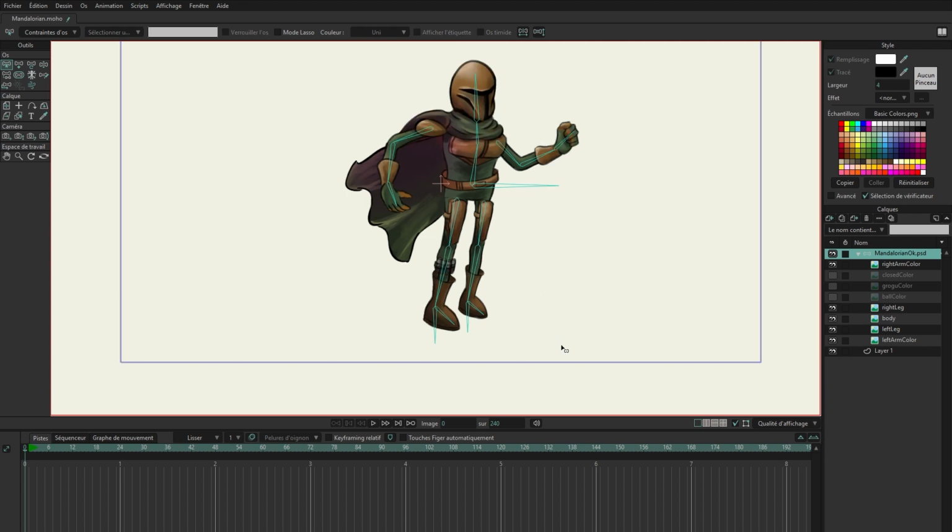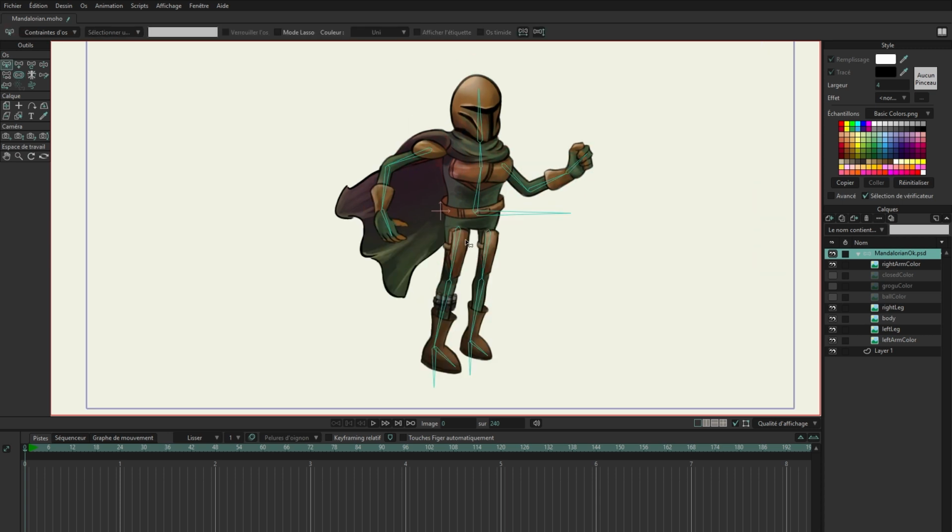Now, press B and select all the bones, then press S. With the left click, bring the influence of the bones to 0. We will use another method to associate the bones with the drawing. I apologize for this part. My screen recorder did not capture some windows that open, but with my explanations, you should still be able to